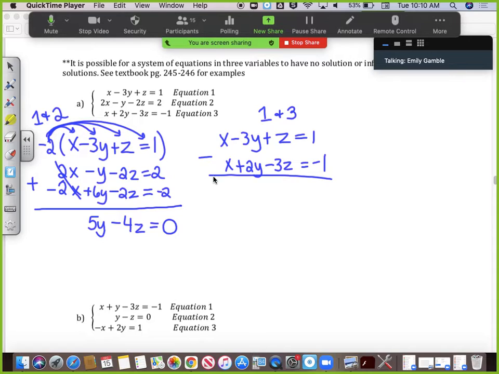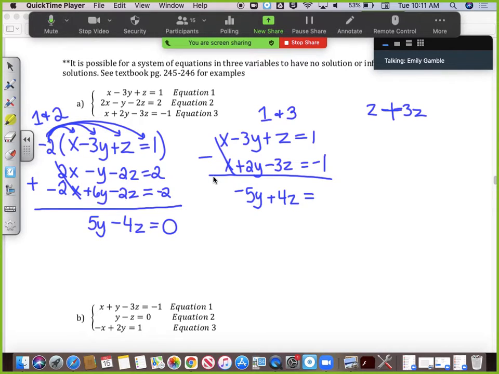And if I subtract, the x's are going to cancel out because 1x minus 1x goes away. The only thing that's a little bit difficult is when you're subtracting, you have to be very careful with what numbers you're subtracting, and sometimes negatives will turn positives if you're subtracting a negative, so just be careful. Negative 3y minus 2y is going to be negative 5y. 1z minus negative 3z, that's where it gets weird. You have to be very careful with this part. This is going to turn into 1z plus 3z, which is 4z's,